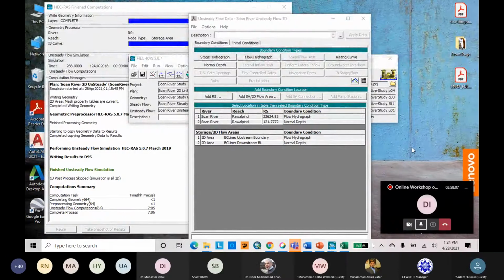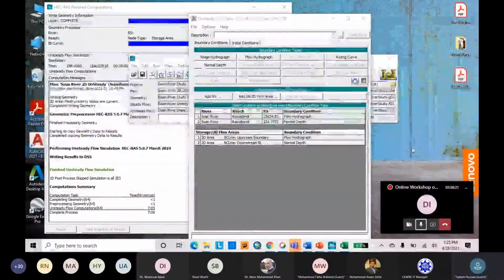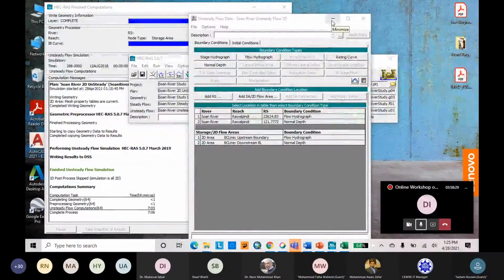The advantage of stage hydrograph at downstream is that you can more soundly calibrate and validate your own model than with normal depth, because in normal depth you have the open end to the software that computes the water surface profile, so you can adjust your normal depth in cross sections to generate your required water height or depth at the specific location at which you have mentioned a checkpoint or observation point.